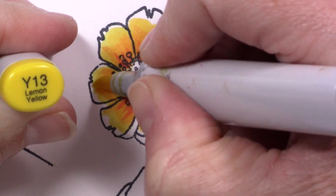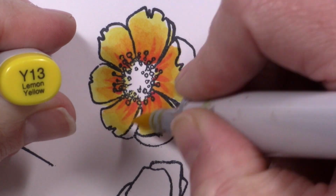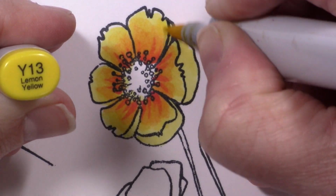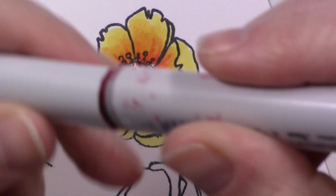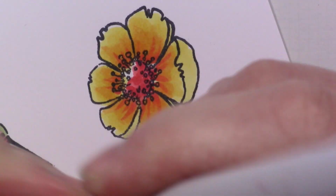So I didn't want this to be a Copic tutorial necessarily, since they're not available in your kit. Like I said, you could use your pencils or whatever media you have available. You could even use Crayola or paint with the distress markers. That is your choice. So I'll add some music so you can watch me finish coloring up some of these